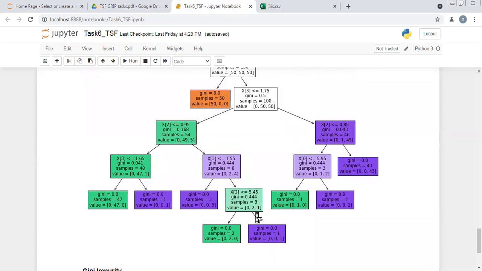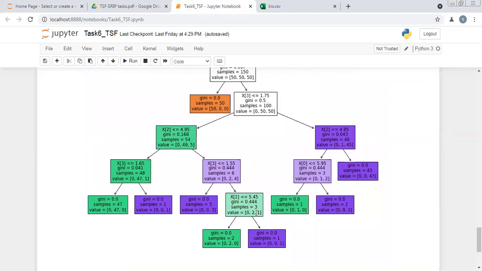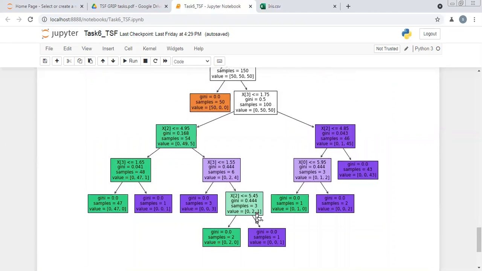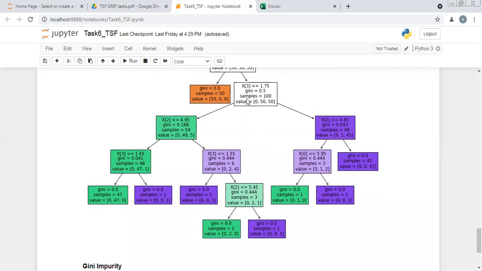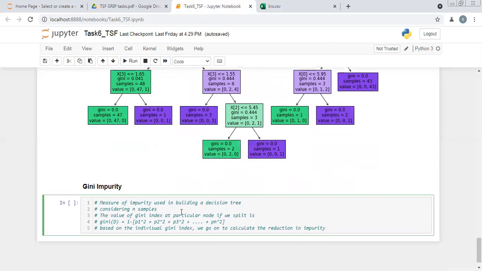So what is impurity? You can call impurity the degree of imperfection. Every leaf node here will have a Gini index of 0. Why? Because there is no imperfection in this leaf node, as we cannot break down our data set further at this node. The Gini impurity at all the other nodes will be non-zero, because there is some imperfection in them, and we can divide our data set further. This is the basic idea of Gini impurity.